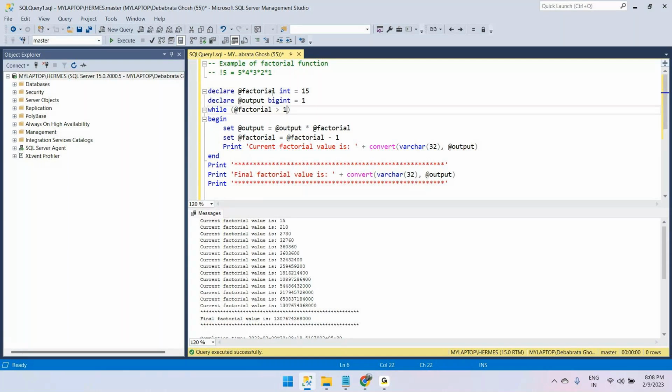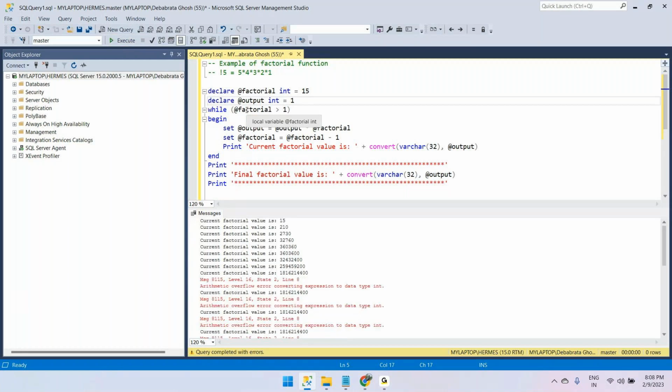Now if I change it to int, let's see whether the program will execute or not. So it's getting an error, arithmetic overflow. That means it's unable to hold that amount of data. So if I change it to bigint,